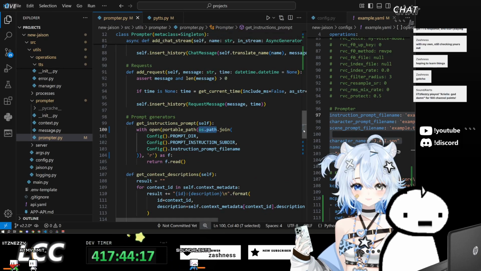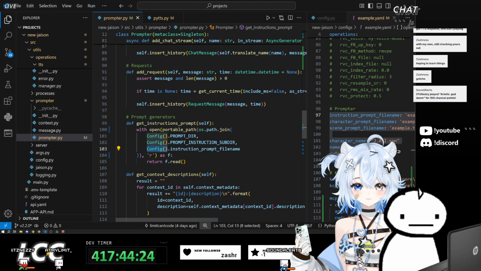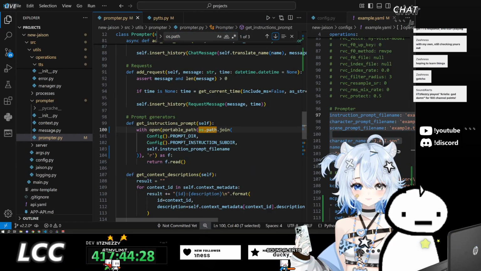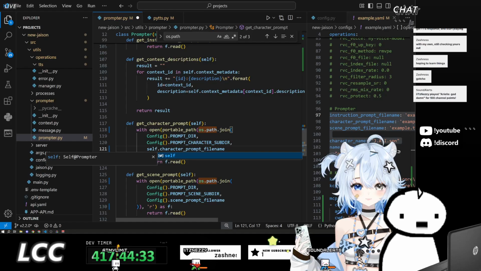Okay, that's fine. Instead of this being config instruction prompt file name, this should be self dot, and self.